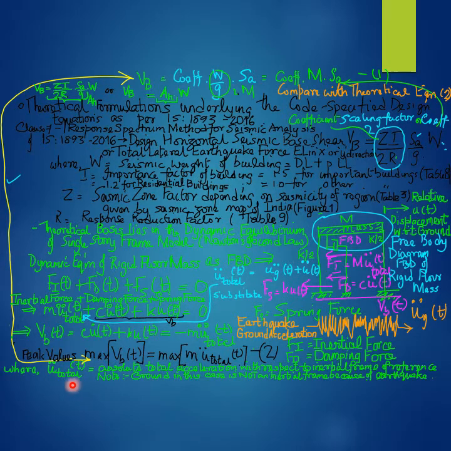For example, the center of the Earth, or a point on the Earth's surface that is not affected by the earthquake ground motion and is therefore not accelerating, can be adopted as the inertial frame of reference. Since the definition of an inertial frame of reference for the application of Newton's second law is a frame of reference that is not accelerating,